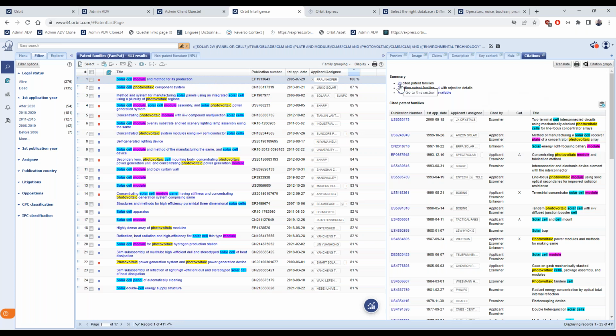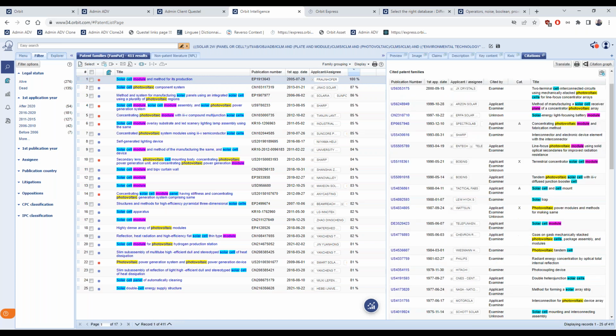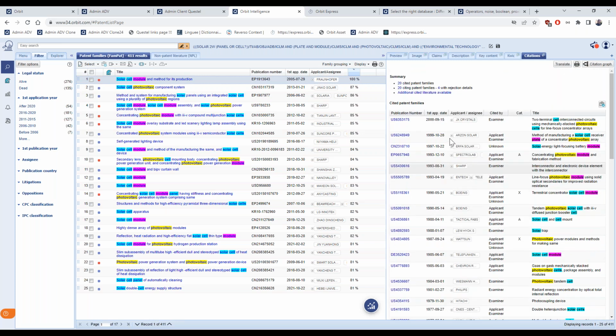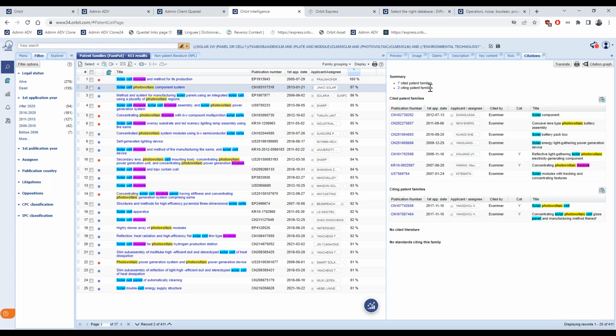By clicking on the number, you can go to a section. And maybe I take another example with fewer, like this one, where you have 7 cited families and 2 citing families. And there's a nice graph that is available here.